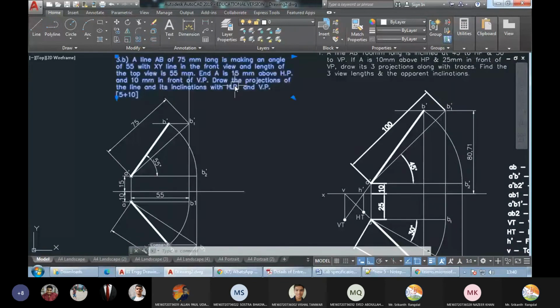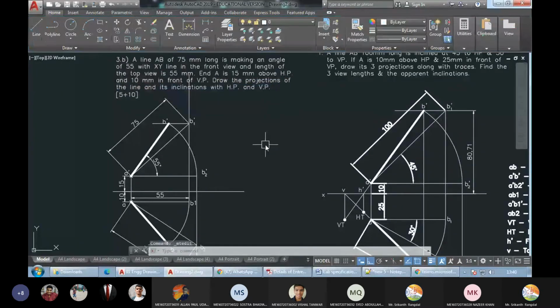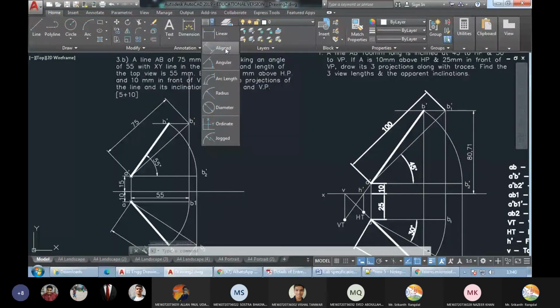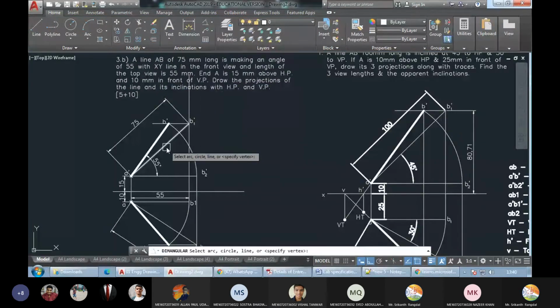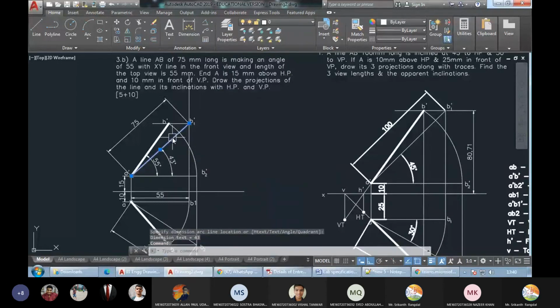So is he asking you to find something? He's asking you to draw the projections of the line and find its inclinations with HP and VP. So what is the inclination with HP? For that, true length angle we have to find. Angle of true length with horizontal we have to find.